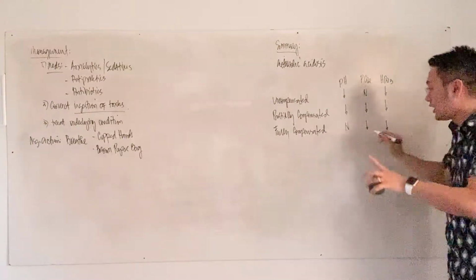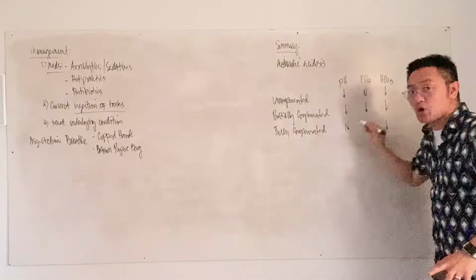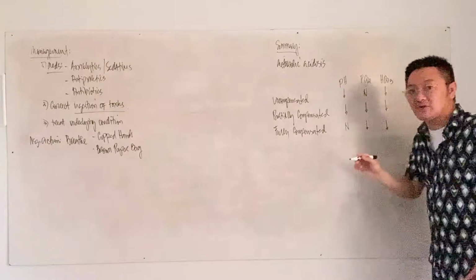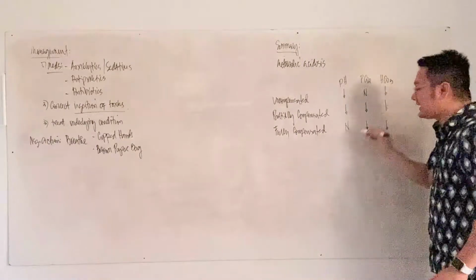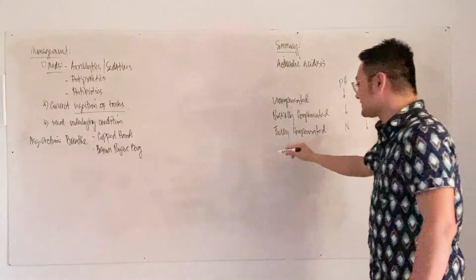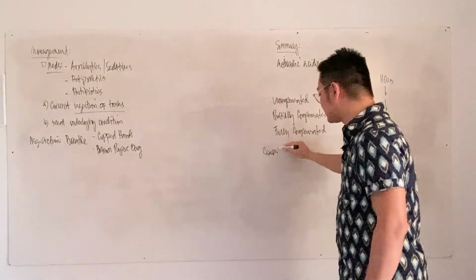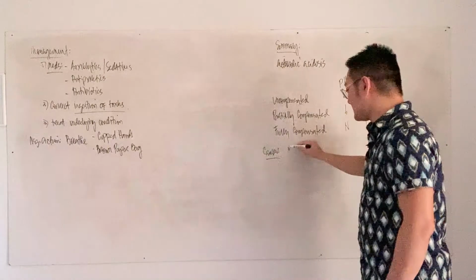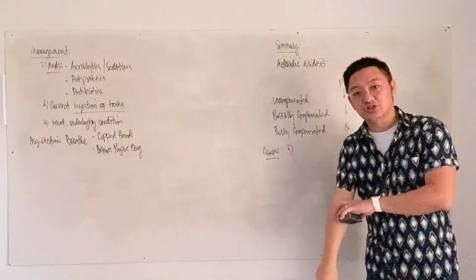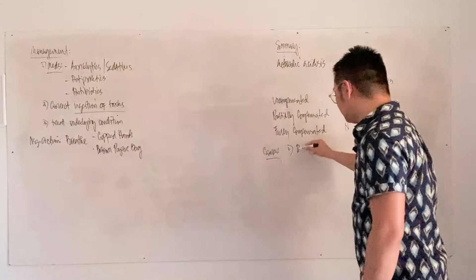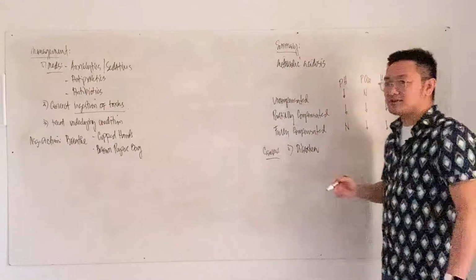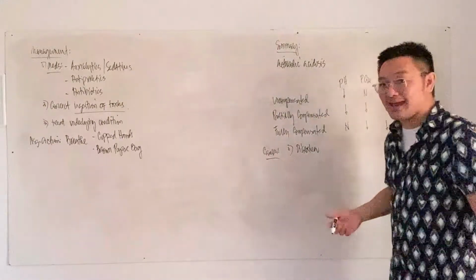Okay? But remember, we know that the pH is normal within the range, right? 7.35 to 7.45. It's just that the pH is less than the mean, less than 7.40. Okay, so let's identify what causes metabolic acidosis. Number one, metabolic acidosis, if you can still remember, is related to diarrhea. And by the way, metabolic acidosis is more prevalent in children than in adults.